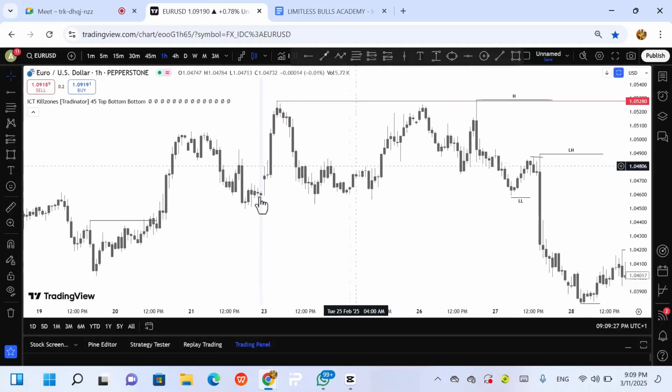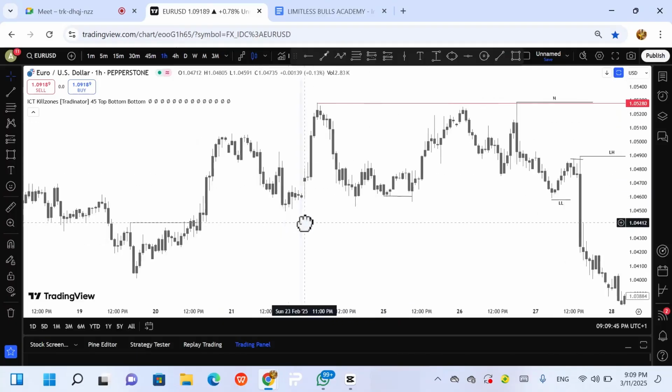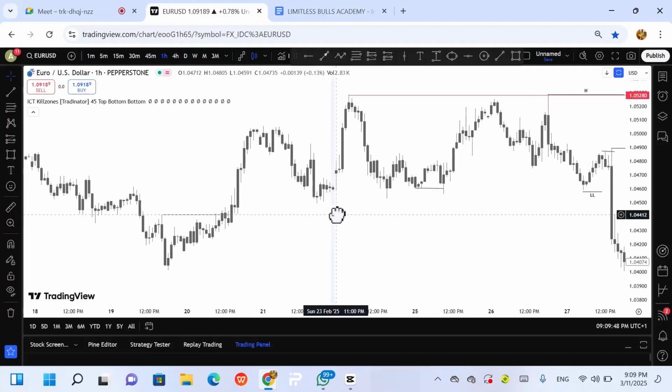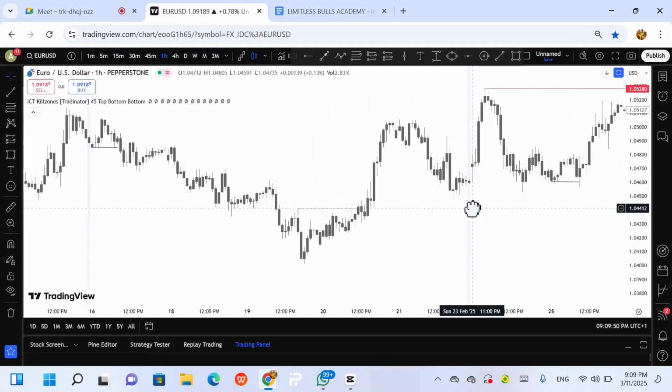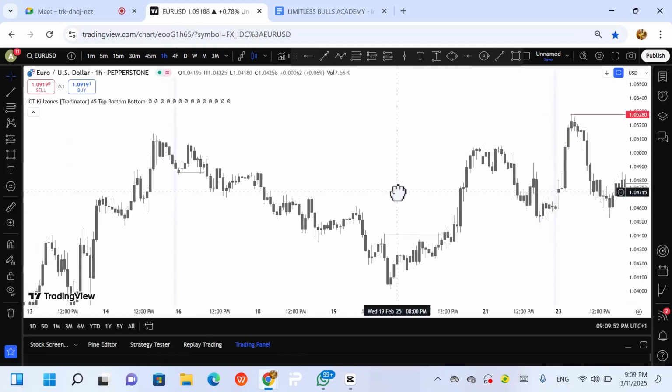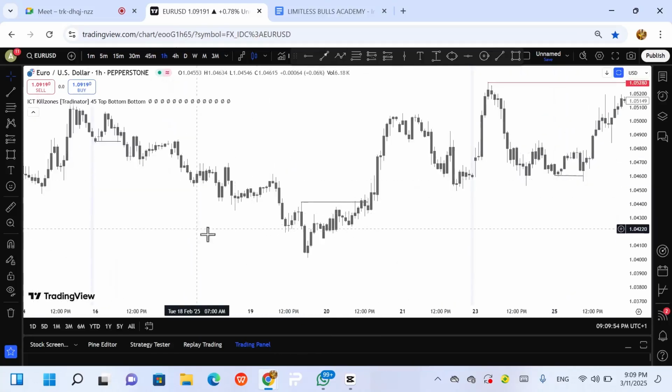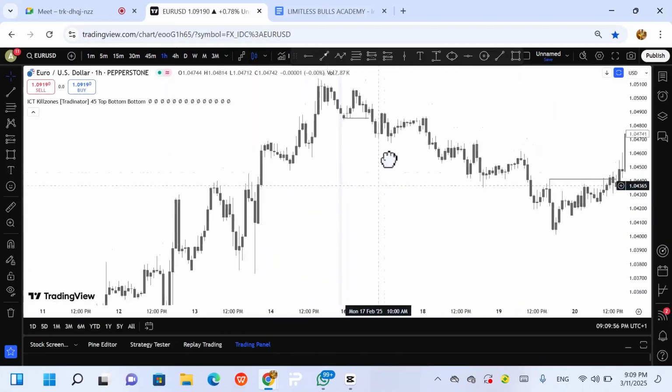Okay, so now seeing this range, you know that this is the accumulation range. So what of this now? People bought this market from here. They bought this market, and maybe after seeing this momentum, they'll move their stop loss to break even. The market came back, cleared their stop loss, boom, it's going back up. So if you want to trade and be successful, you need to know how to trade like the institutional traders, because they will always look for stop hunts. It's not like they are wicked, but they just have to do it to fuel their own orders.